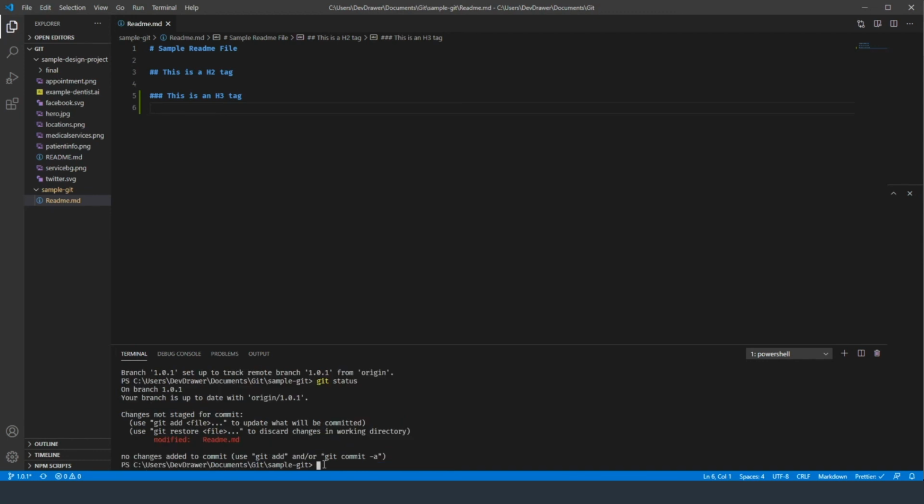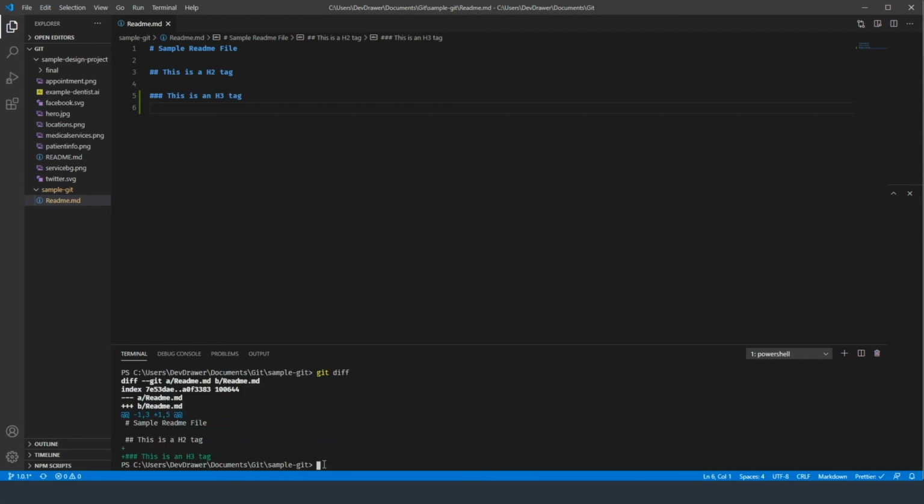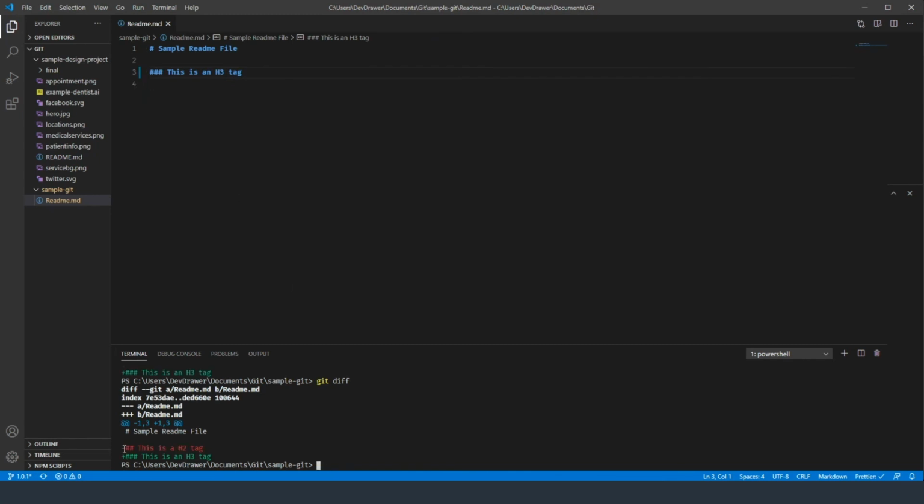So if we run a git diff command, that'll show us what has changed between those two files. We have our initial file that was already saved and pushed out, and then we have our new addition of the h3 tag. You can see there's a plus sign here. If we remove the h2, for example, and save that, and do git diff again, you'll see that now we have a minus of the h2